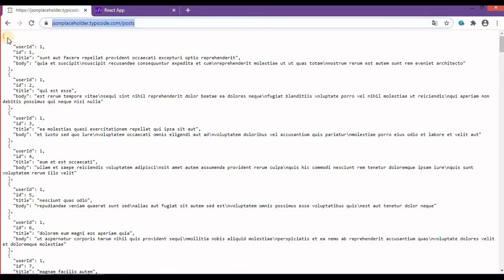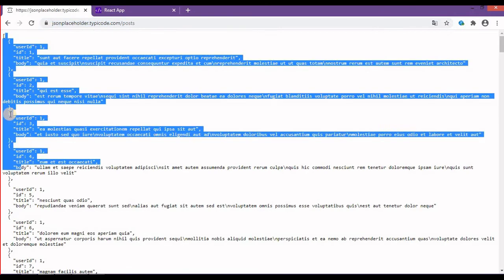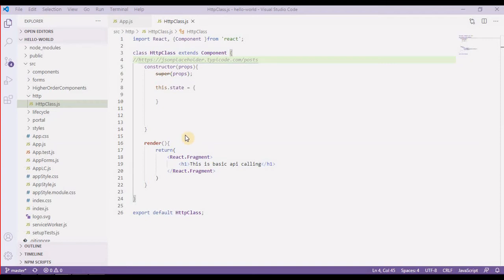And now to get all these items from this link, as you can see, this is an array, so I should provide all these items in an array in our state. So I'll create an array over there, the key of the array I'll name items, and it will be an empty array initially. After we fetch some data from this link, this array will get filled up with the objects in this API.